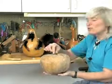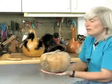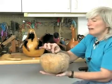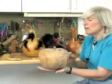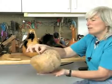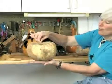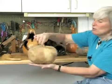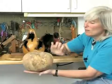What you're going to want to look for in this particular case when you're at your gourd farm and picking your gourd is you want to try and find one that's as flat as possible. You're probably not going to find one that's completely flat, but try to find one that's going to sit really well for you. You certainly don't want one that's actually going to sit really cockeyed, or one that has a really flat back to it, or in this case you're going to want to watch for any kind of bug